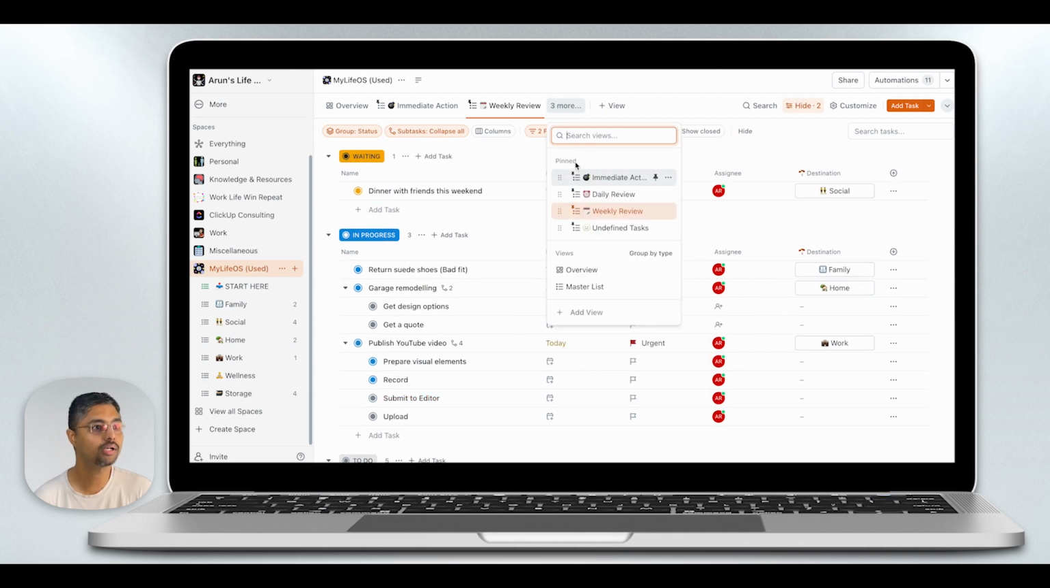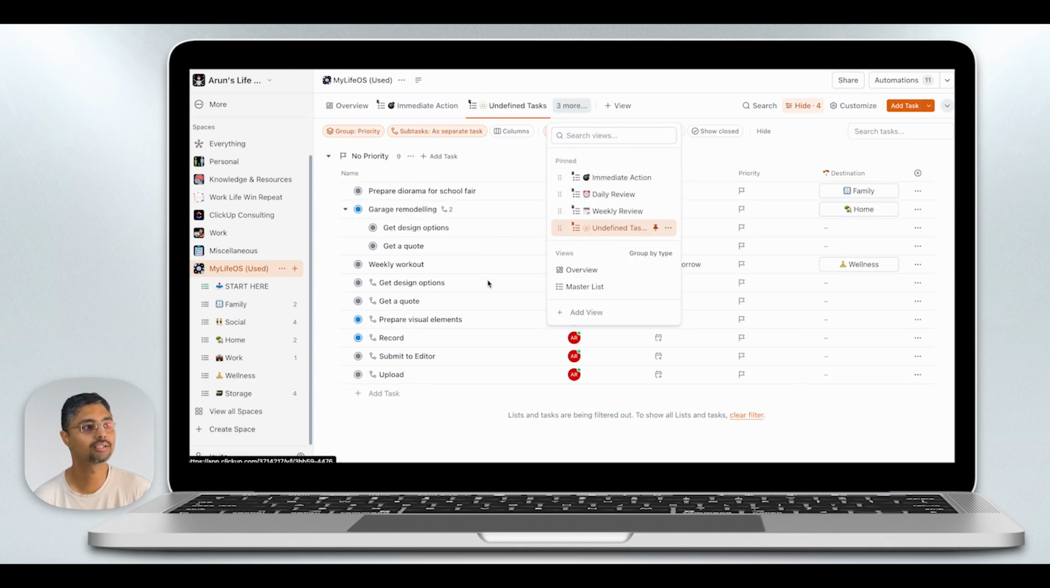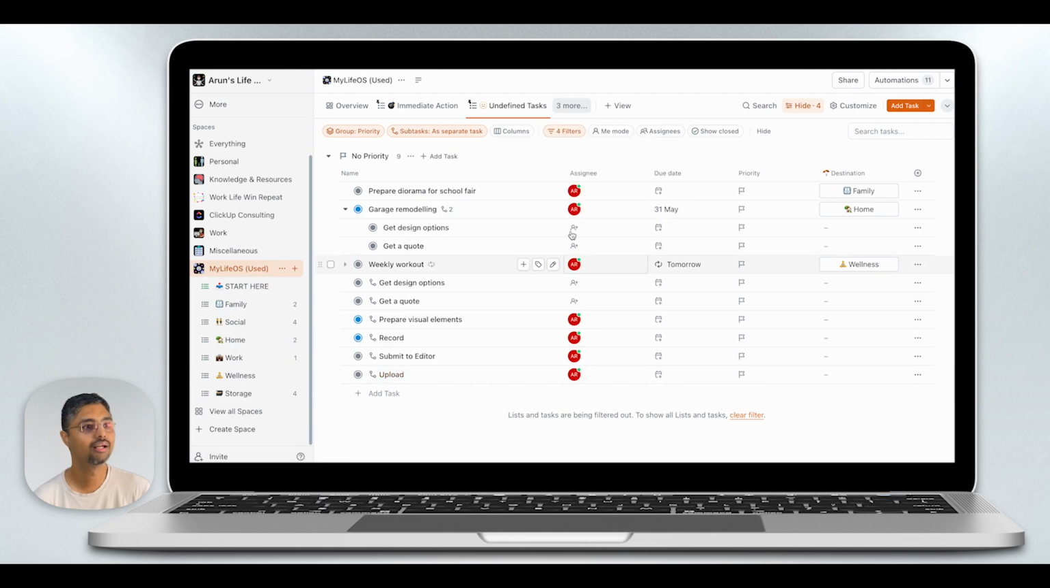And last but not least, we have undefined tasks. So undefined tasks looks at this list and picks up those tasks which do not have all the contextual data they need. The most important ones being assignee, due date, priority. If any of these are missing, undefined tasks picks them up and lets you know that, hey, you clearly need more information for these tasks. And once I fill in that information, it'll go back out of here and rejoin either the immediate action, daily